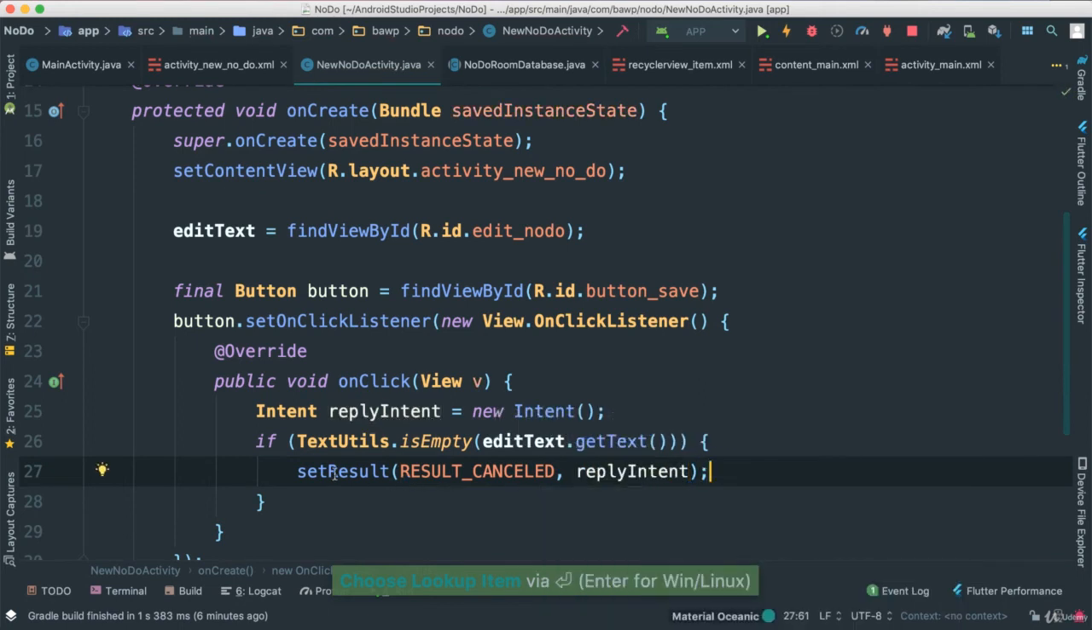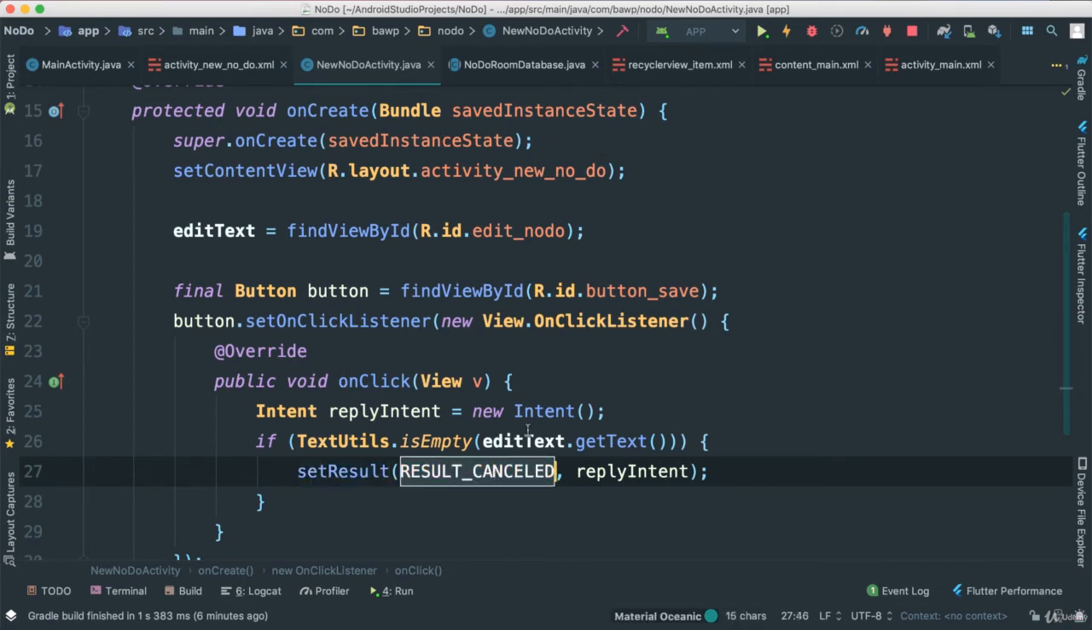So what are we doing here? The reason why we are using the setResult is that we're actually going to be able to send information from this new NoDo activity to the first one. Okay, so in this case here, we're just going to cancel because there's nothing in there, and then we're going to pass this just an empty intent. Else,